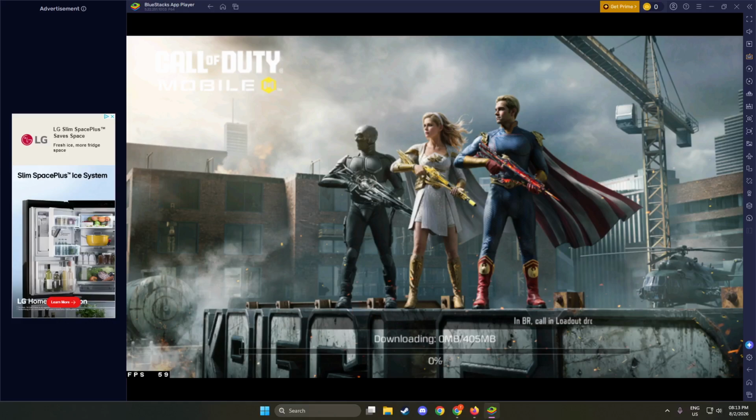Finally, start playing. Tap on the multiplayer or battle royale mode, confirm your loadout if needed, then hit the start button to enter a match. BlueStacks maps keyboard and mouse controls automatically, so you can move with the keys and aim with the mouse right away. The match will load, and you will find yourself in-game, able to run, aim, and shoot just like on a mobile device, but with desktop controls. You have now installed Call of Duty Mobile in BlueStacks 5 and played your first match on your computer.